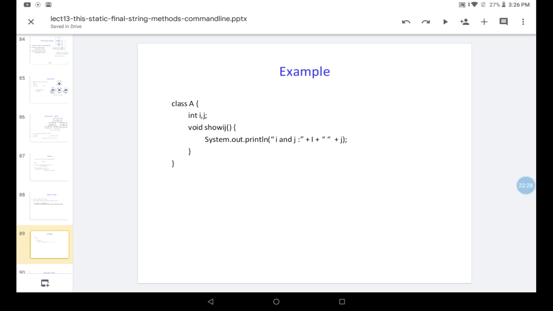If you see one class, that is class A, there are two instance variables and there is a method showij. What does it do? It prints i and j.